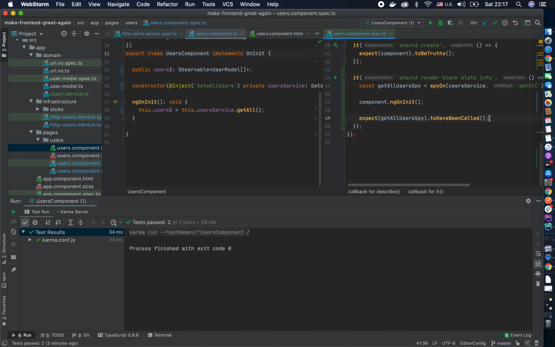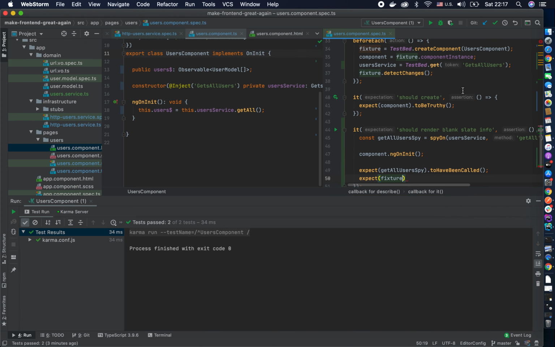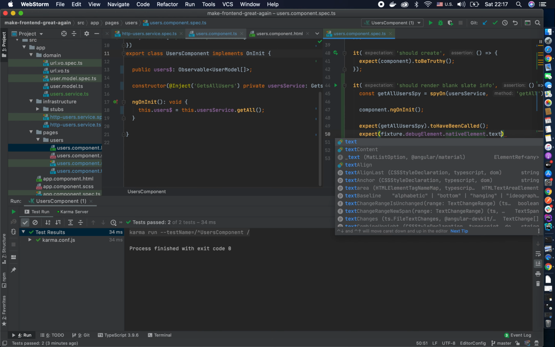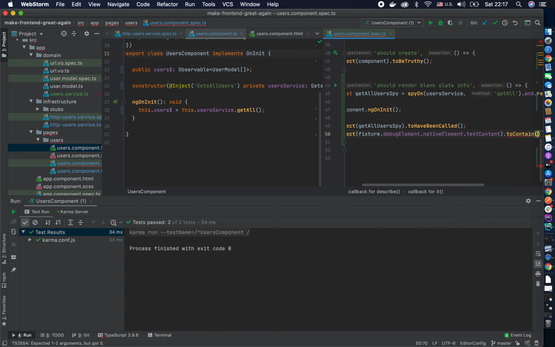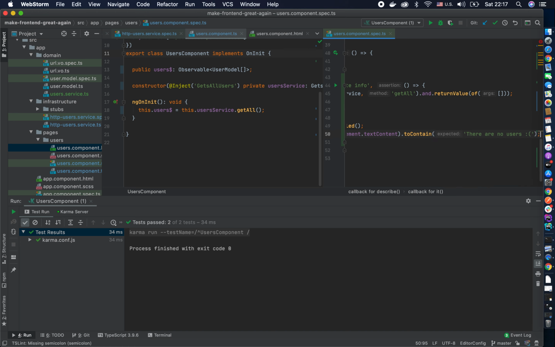So when that happens, what do we actually render? We can say that we expect, and in here you should use the fixture from the test bed, and then say debugElement, then nativeElement, then textContent, and then the textContent to contain, for example, "there are no users." Simple like that. Okay, so when I run this test,